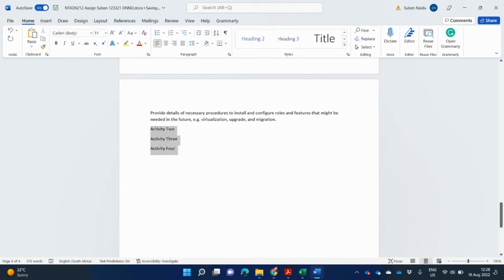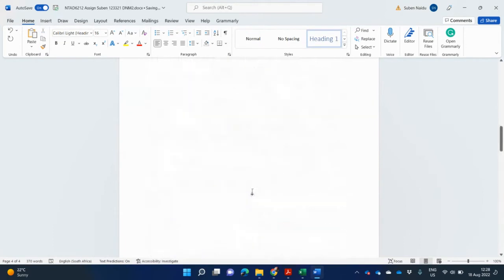I'm going to highlight all of them, and then these are all going to be heading 1. So if I go back here now, this blank page that I left, I can put in the table of